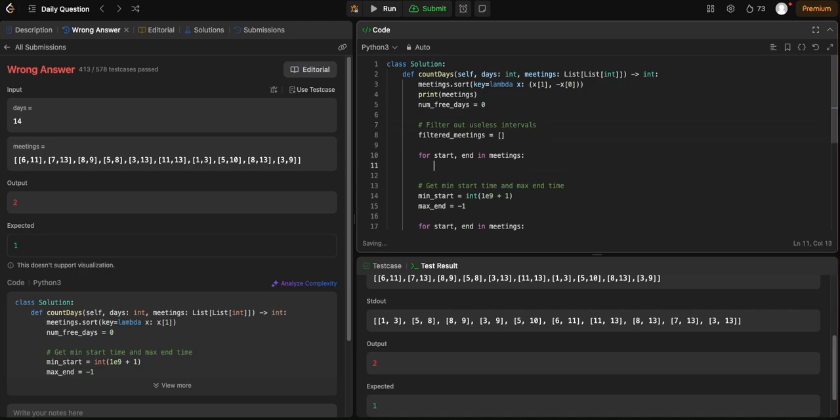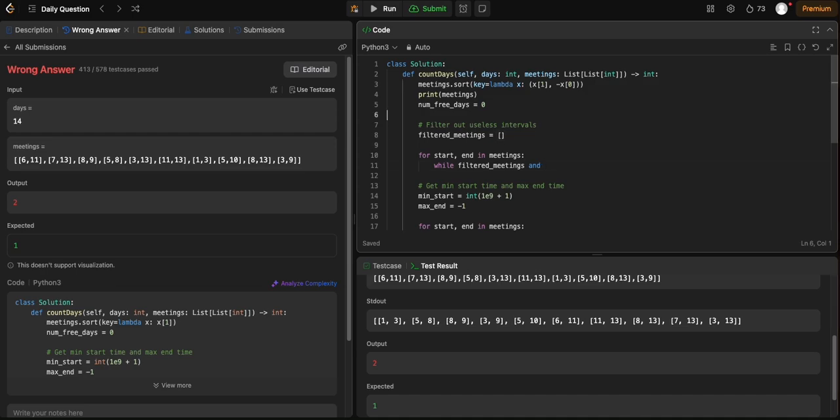So for start and end in meetings, so if filter meetings, well, actually I should do while filter meetings. So while there is some stuff in the stack, and the current start